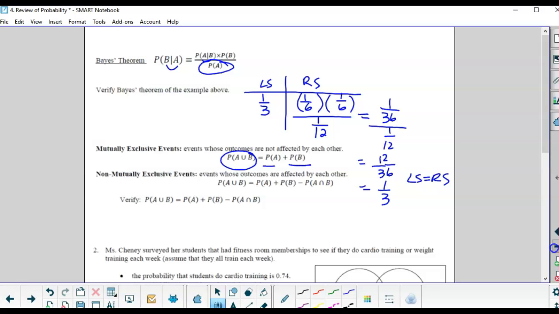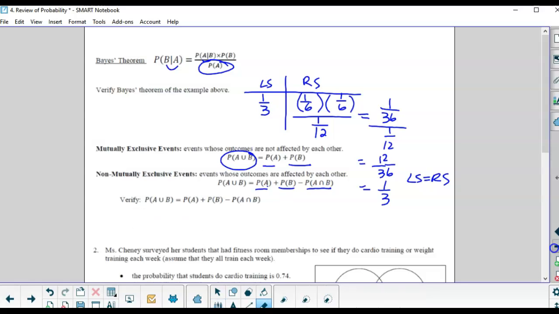If they're non-mutually exclusive, that means there's an overlap, okay? It means some parts of A are also in B and vice versa. So the union, if you add these together, you are adding the overlap twice. So you want to subtract the overlap, the intersection, okay? So again,